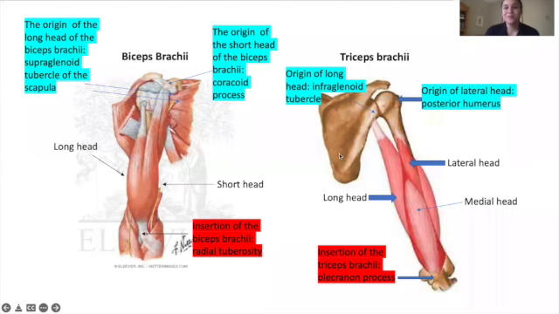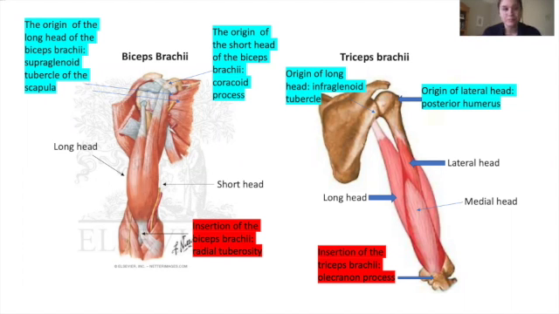Hello class, my name is Kimberly Stern, and today I'm going to be discussing the triceps brachii and the biceps brachii. Out of a lot of the different muscles in the body, these are two muscles that pretty much everyone is aware of, but I'm going to go more in depth on the different movements and the insertion and origin